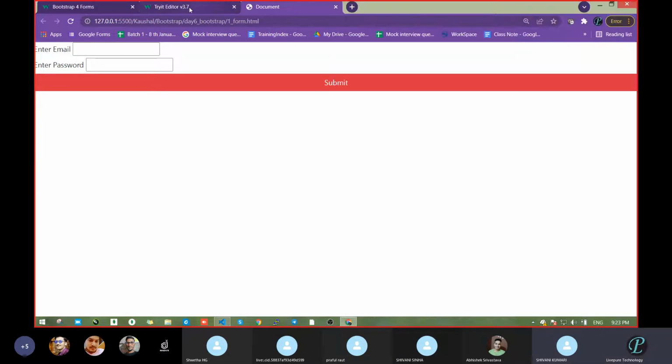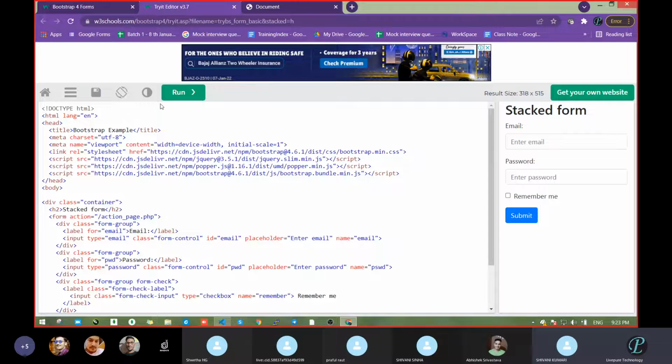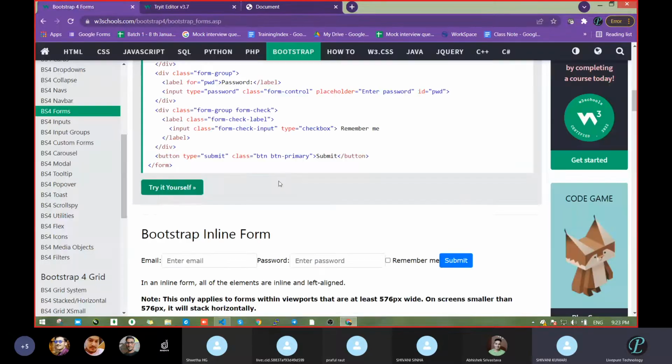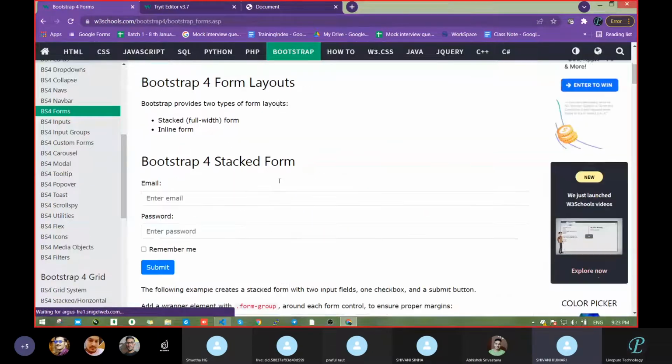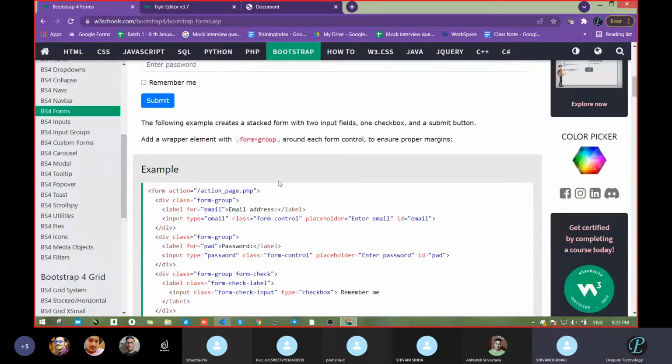Next, we wanted to add CSS on our input field. So see here, go from the starting. There is one new term, that is form group. The class name is form group. What are you getting from the term form group? Don't think technically, just as a normal general term.